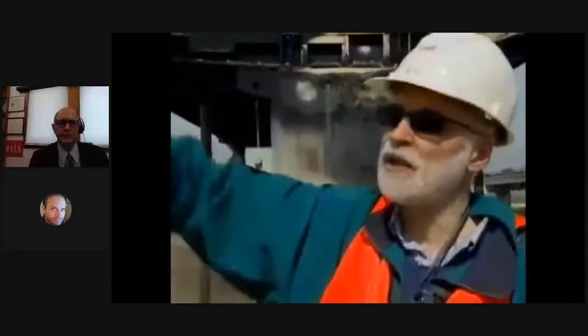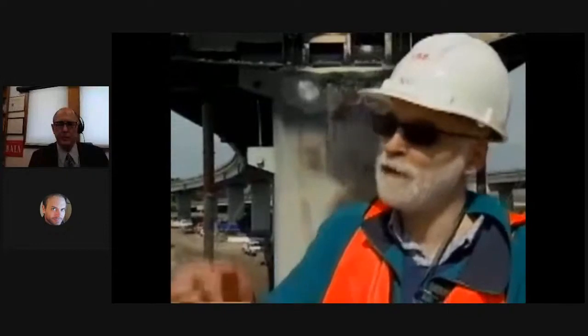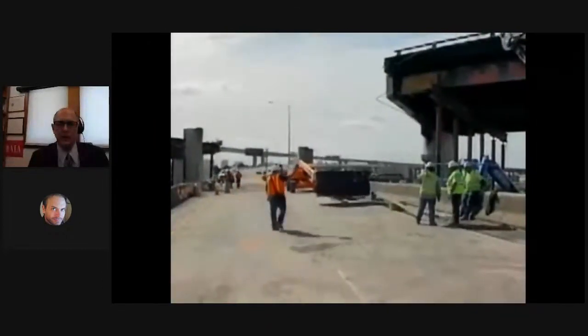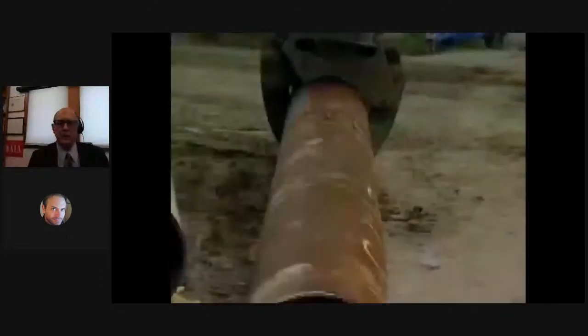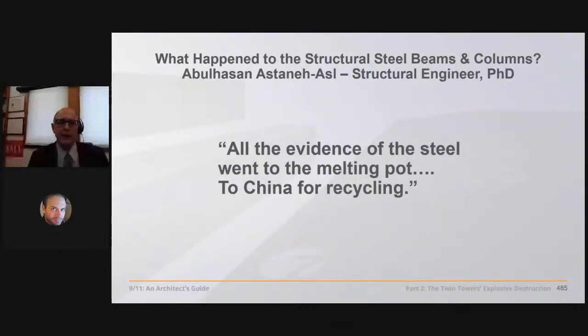Has sent all the steel to a recycling plant to go to China for recycling. For what? For 15 cents a pound. Just nothing. And all the evidence of steel went to the melting pot. After 9/11, a law was passed requiring that such materials be saved for study. Too little, too late, though. That's for sure. All the evidence of the steel went to the melting pot to China for recycling,